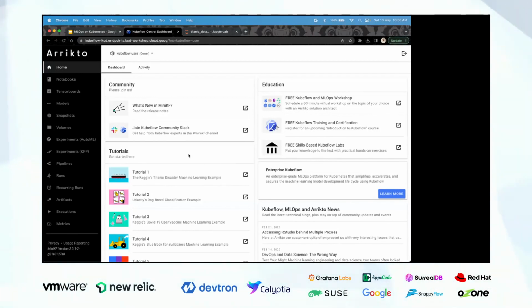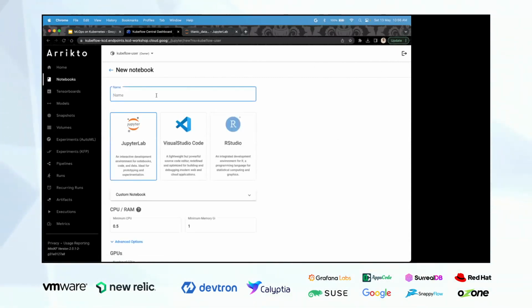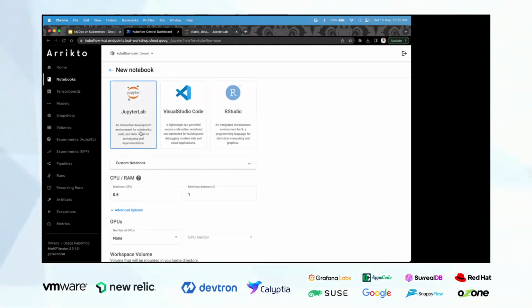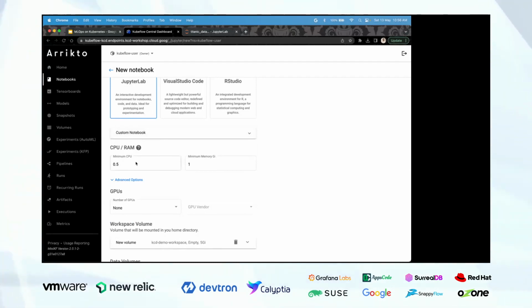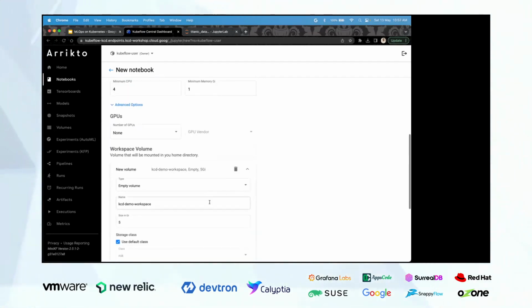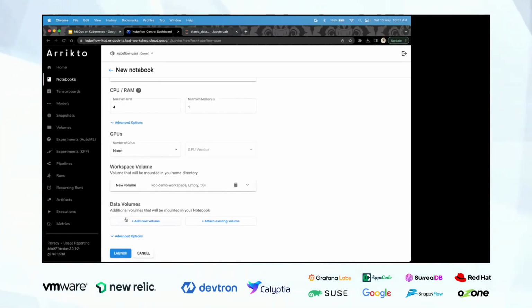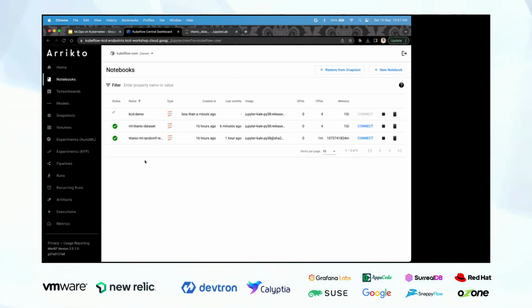Okay. So to start with, I will create a new notebook for everyone. Maybe lead demo. It will be a simple Jupyter lab which I'll be interacting with. This is a custom notebook wherein this particular base image will be taken. CPU, we can provide 4 CPU for this. That will be good enough. Volume, it's already being provided as 5 GB, so that will be sufficient. So if I click on launch, it will launch a new notebook.